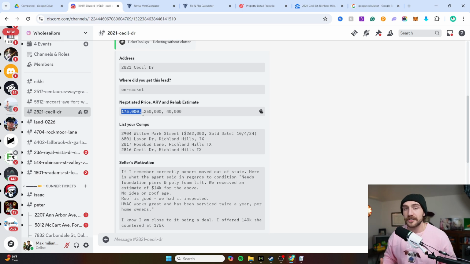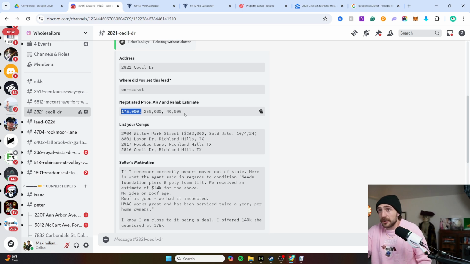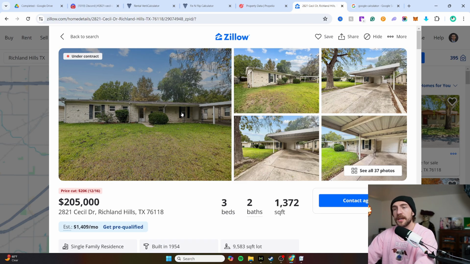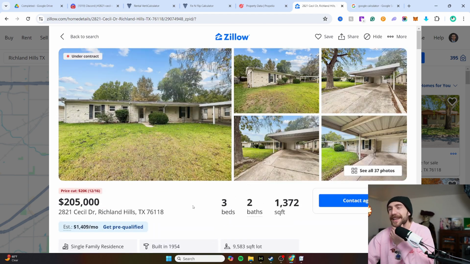Well, let's use the 70% rule, but also the 1% rule to see if it's a good deal, okay? So what we're going to do, guys, is we're going to comp this property, and here is the property in question. Oh, what a great potential property, guys. Right off the bat, what I see here is just phenomenal. Why am I so happy? Because this is the quintessential American dream home in Texas, in Dallas, Texas.